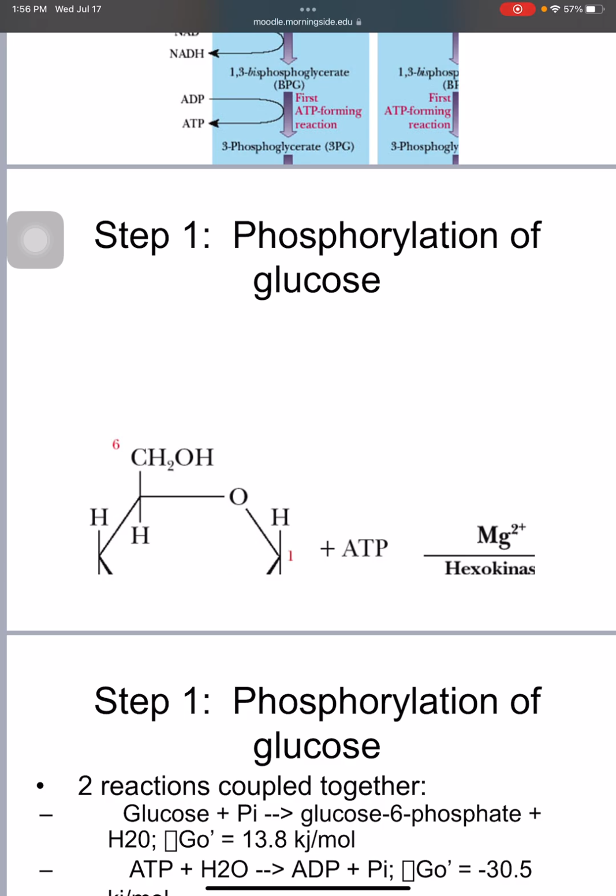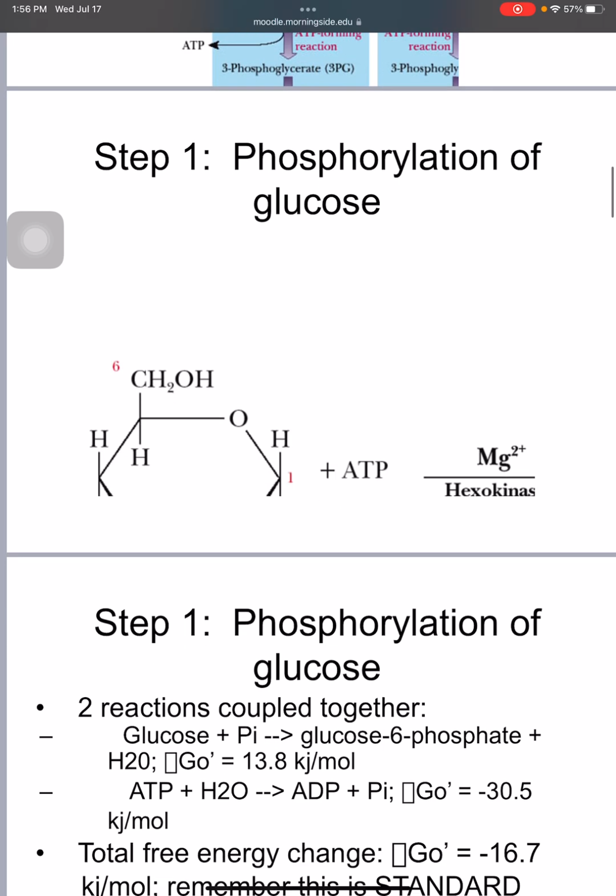But why does it have to be ATP? Why not just use an inorganic phosphate? Why not just use a randomly floating phosphate in your body? You've got plenty of them, right? So you could do that. The problem is, if you look at strictly the reaction between a phosphate and glucose to make glucose 6-phosphate,